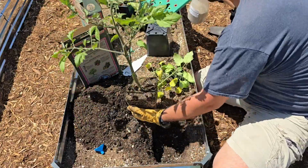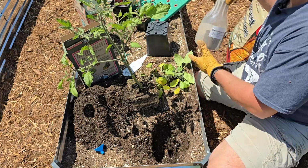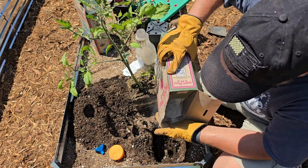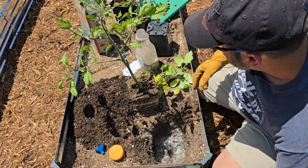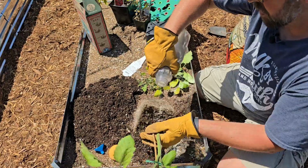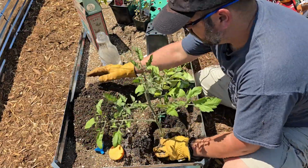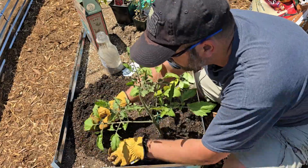But what we're going to do first is put the mycorrhizal, and I'm going to be using the bone meal. Now this is not an exact science. I'm not measuring out an exact amount. I am just sprinkling in some bone meal here. And then I'm going to put some of the mycorrhizal down in the hole, just like that. And so we're going to dig that in, and we're going to cover it up. We're going to have a nice deep root system,